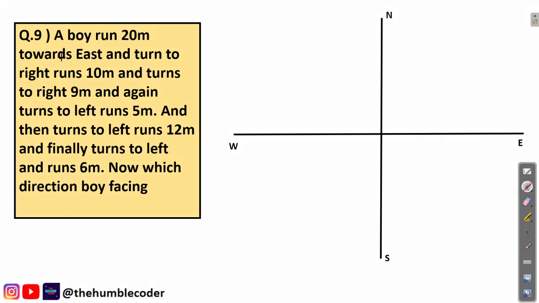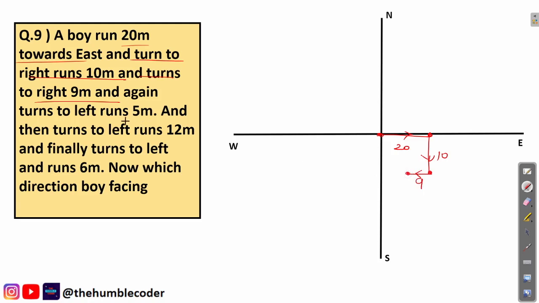A boy ran 20 meters towards the east. So this is the starting point, and 20 meters towards the east, and turns to right after and runs 10 meters. Turns to right and runs 10 meters, and turns to right and 9 meters again. So turns to right. So right will be this direction, 9 meters again,